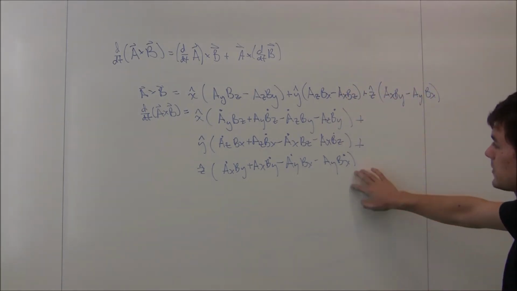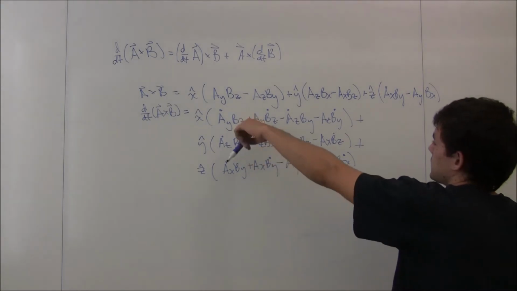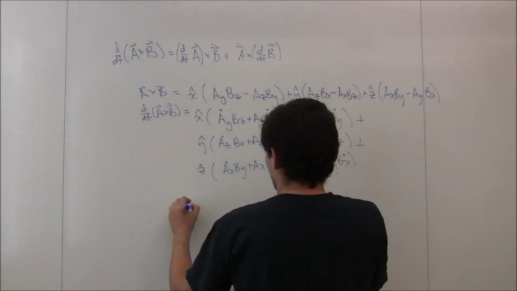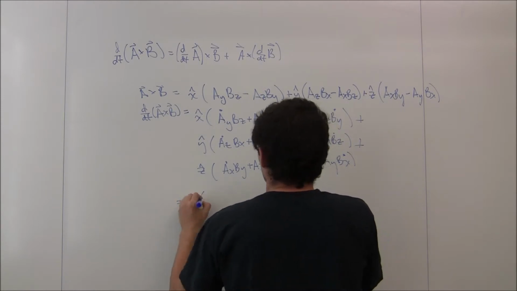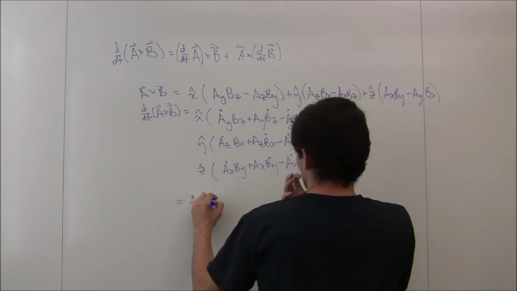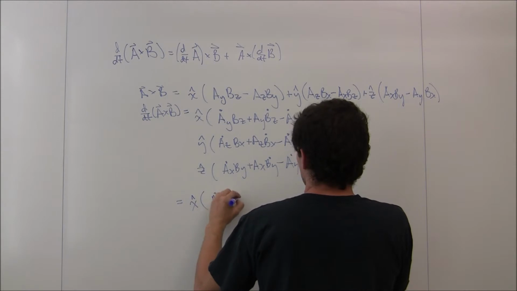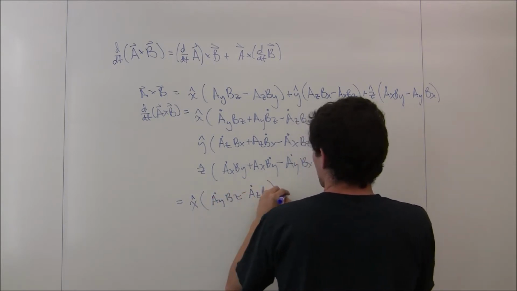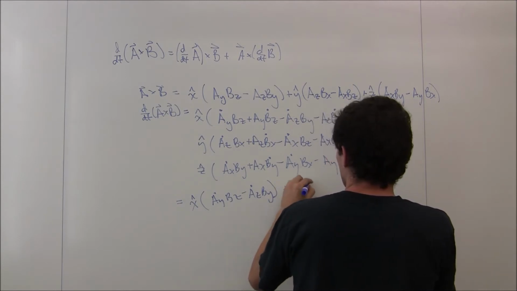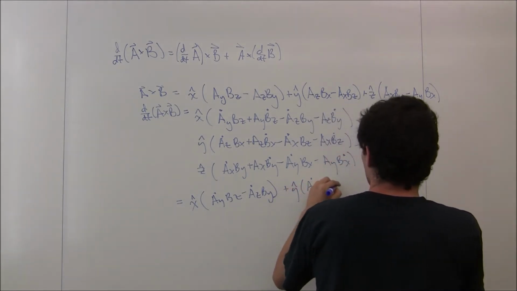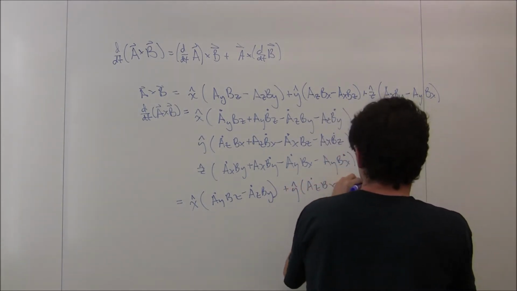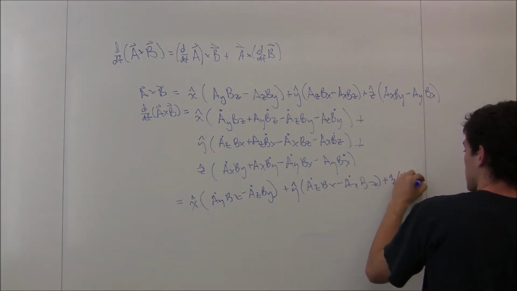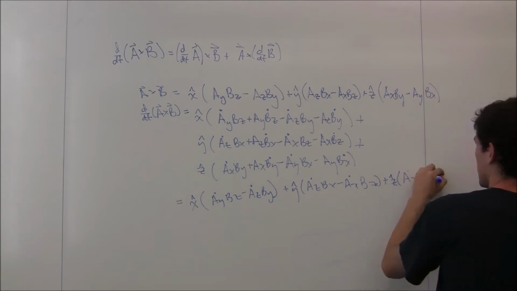So now we're going to separate these out into the a dotted terms and the b dotted terms. This is going to give us x hat times (ay dot bz minus az dot by) plus y hat times (az dot bx minus ax dot bz) plus z hat times (ax dot by minus ay